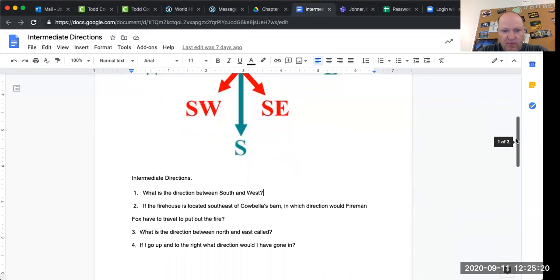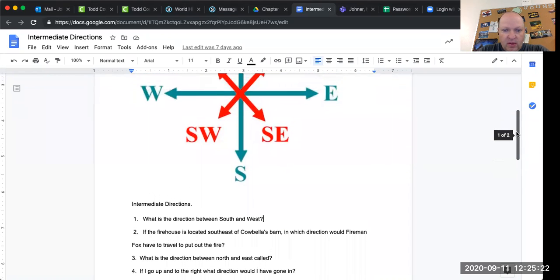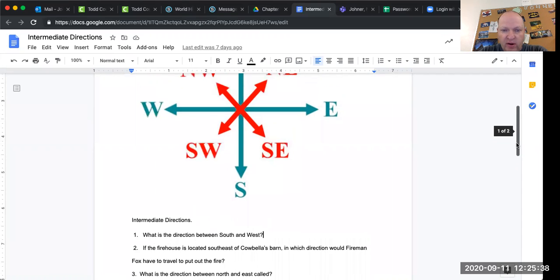So the next one. If the firehouse, so you got to kind of use this and pretend in your brain here, is located southeast of Calbella's barn. So here's where the firehouse is. In which direction would Fireman Fox have to travel to put out the fire? If the firehouse is here, okay, and that Calbella's barn is,